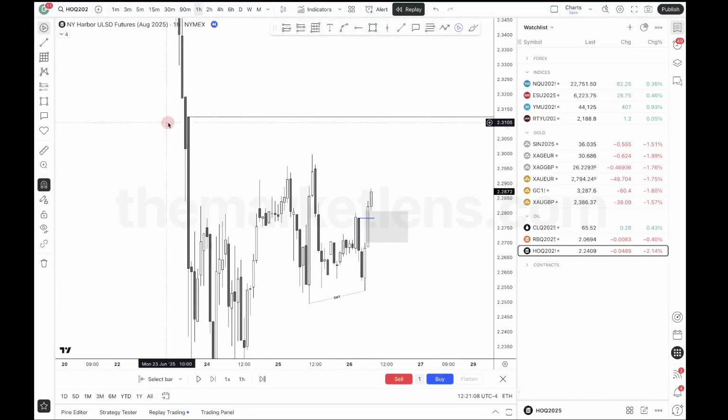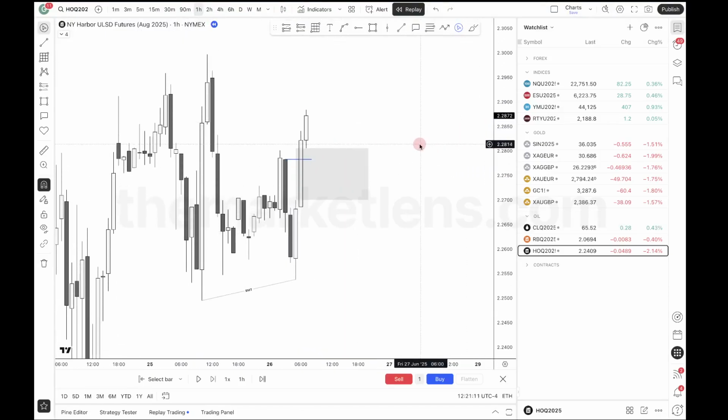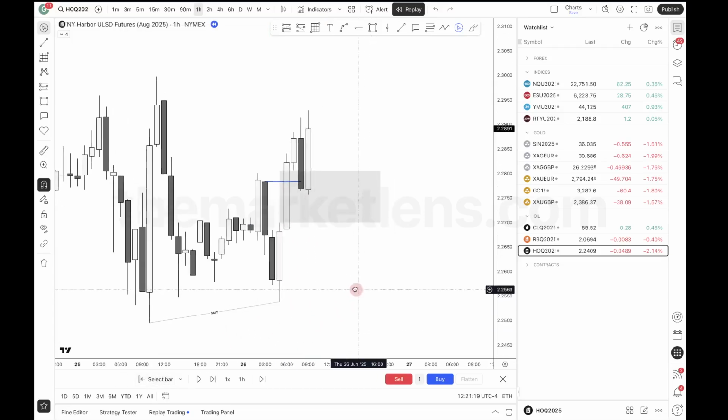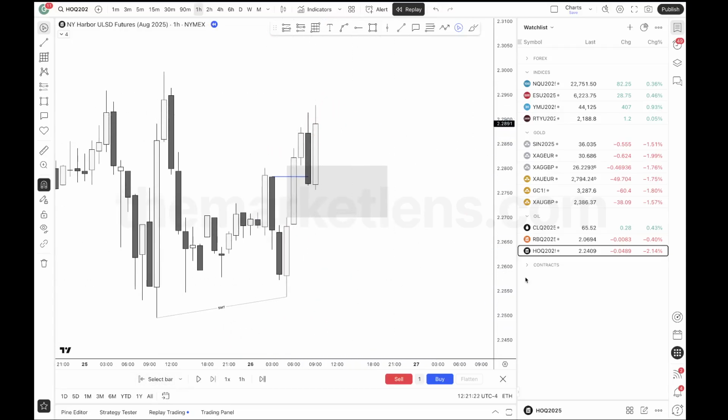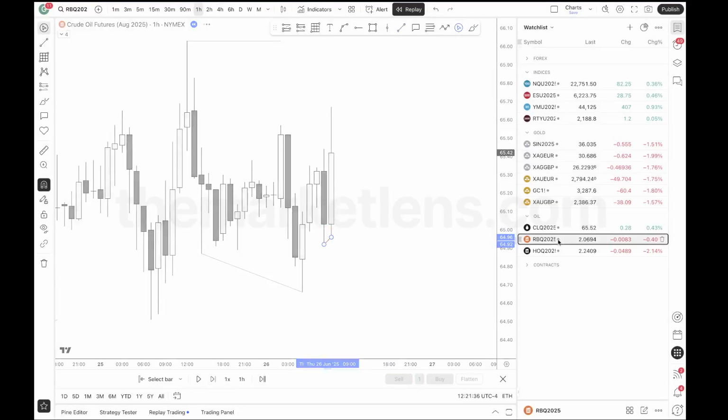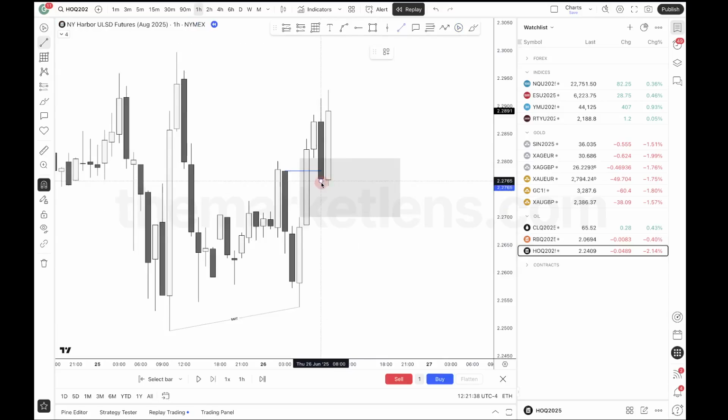Right? So here's my draw on liquidity, which is the Tuesday's high, which is the fair value gap low. So what I want to see price do, I want to see price trade into this gap and put a reversal in. Right? So exactly what you're seeing here. This is a form of strength switching as well because we have CL putting a lower low in right here. And we know that the other assets already traded into its high. But now you're seeing that CL is putting a higher high here, right? Where these other assets are putting a lower low in here. So that's a form of strength switching, which validates this key level, this gap. So you're seeing that we're trading the same thing on all assets, right?